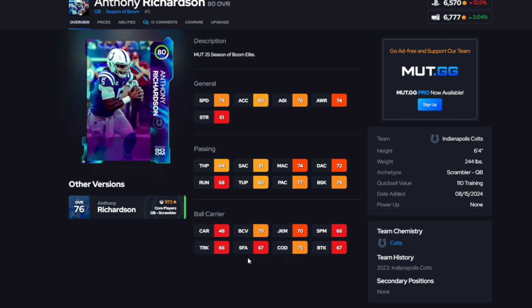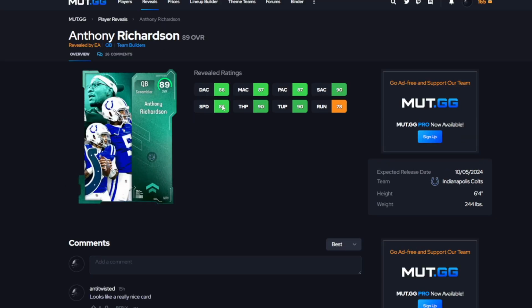If it's not that good, that'd be pretty concerning. But I think they're going to juice out the ball carrier stats on this card, as they did really juice out some of these accuracy stats, right? So expect that. I do expect that. But Richardson, if you have one of those theme teams, he'll be a top QB